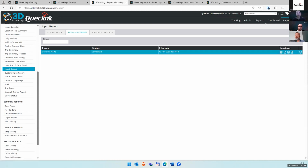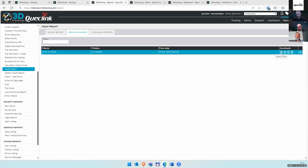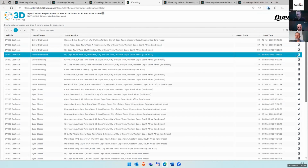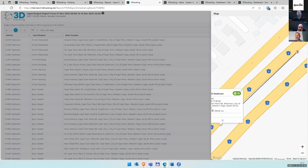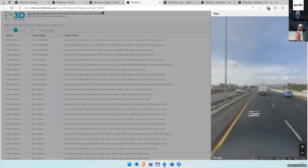This one, for instance, is a very simple, quick, and easy report. You can just see some driver distraction was done, where it was located, what's the area of where it occurred. So we can quickly see, okay, it occurred in this section here. You can do a street view if that is a requirement, or you can even go to something a little bit more